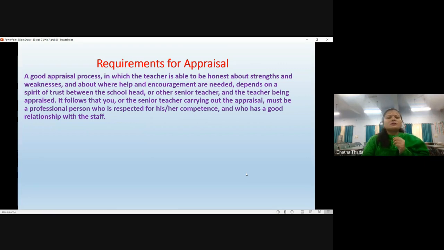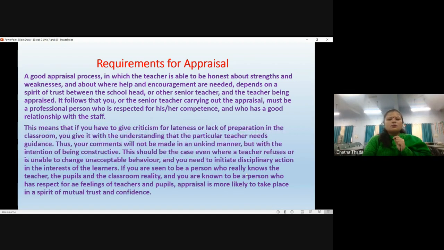So it follows that the senior teacher who is carrying out the appraisal must be a professional person who is respected for his competence and who has a good relationship with the staff. Whosoever is doing the staff appraisal, he or she must be a professional person, respected for his or her competencies, and should have a very good relationship with the staff. Now, this means that if you need to give criticism for lateness or lack of preparation in the classroom,